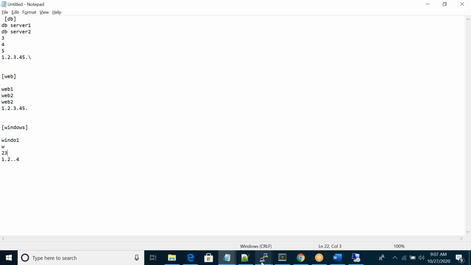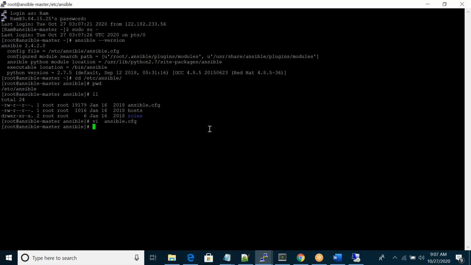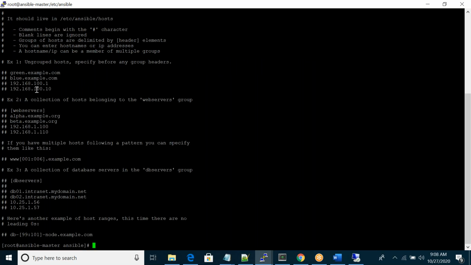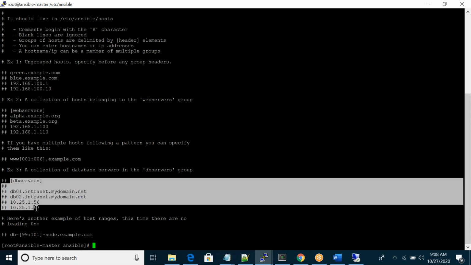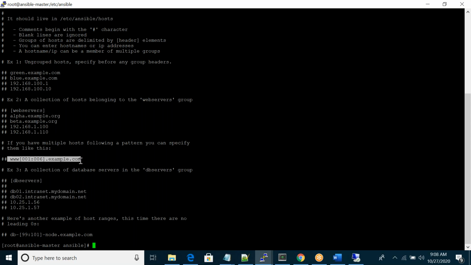Right. So if you see that, there you can see one default host file. If you open the default host file, you can see here, this is only a sample file for our reference. Whatever we discussed as of now, you can see here, the same thing. In some cases, in this host file you have to mention... yeah, this is a sample file.